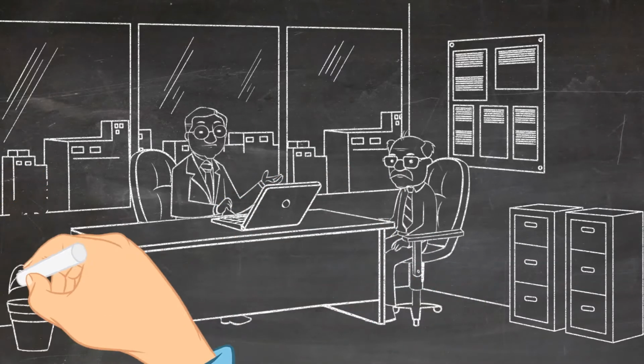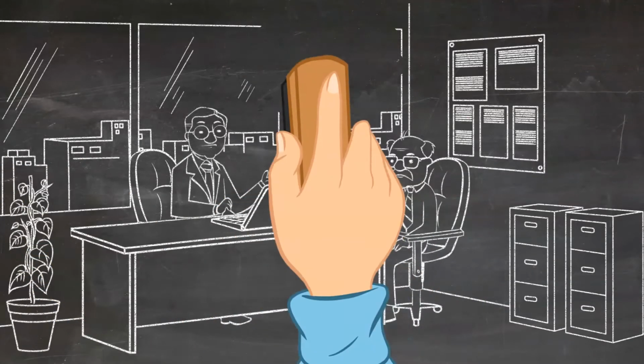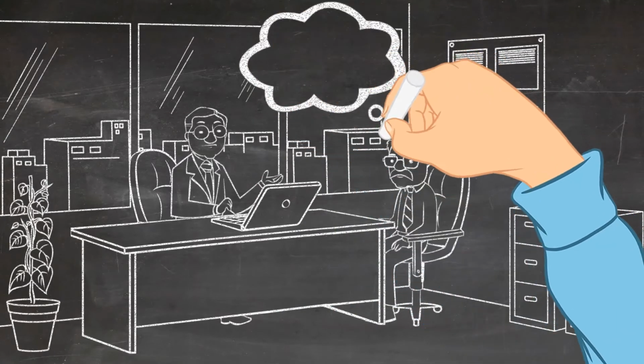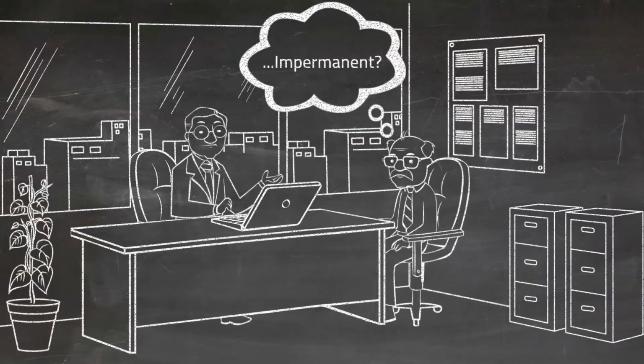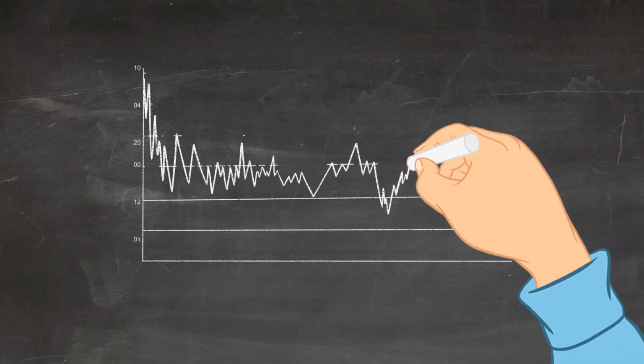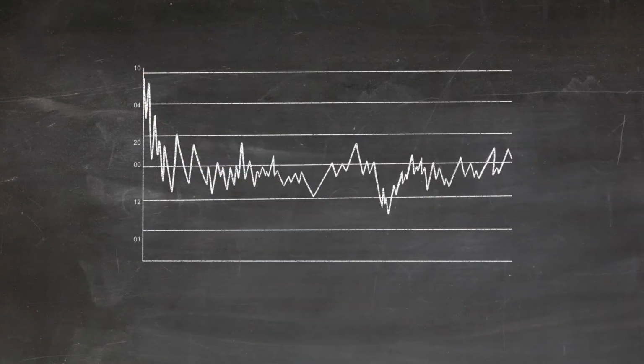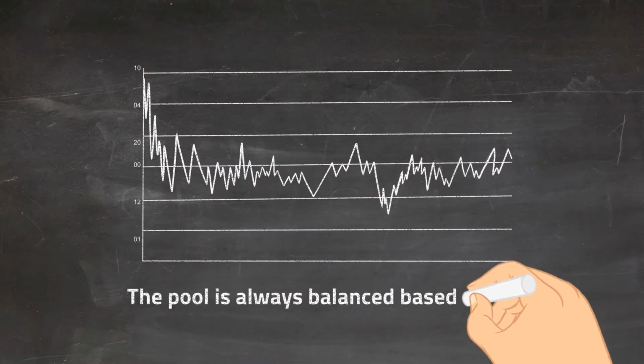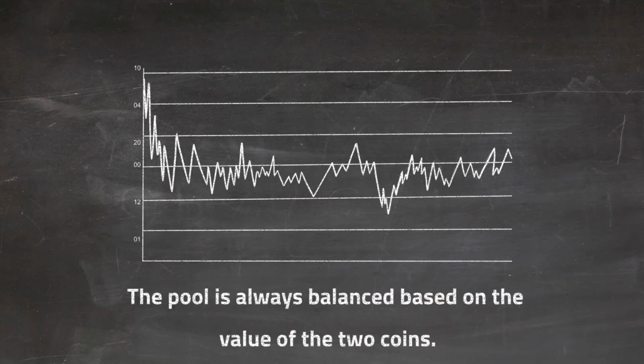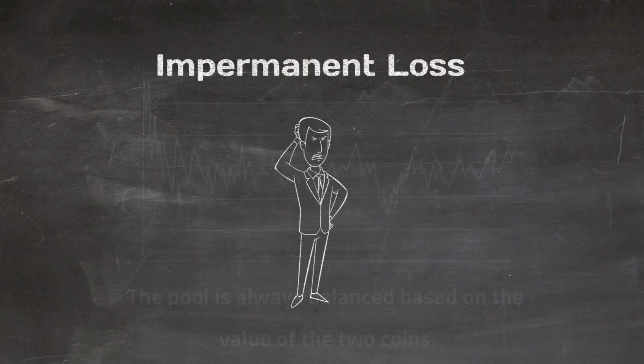Why is it called impermanent loss? Well, until you withdraw your liquidity from the pool, any loss is obviously unrealized. If the asset prices change dramatically, they could also swing back close to the ratio that they were when you originally first deposited. Now, this can get a little confusing, so I've found that in most cases, providing an example